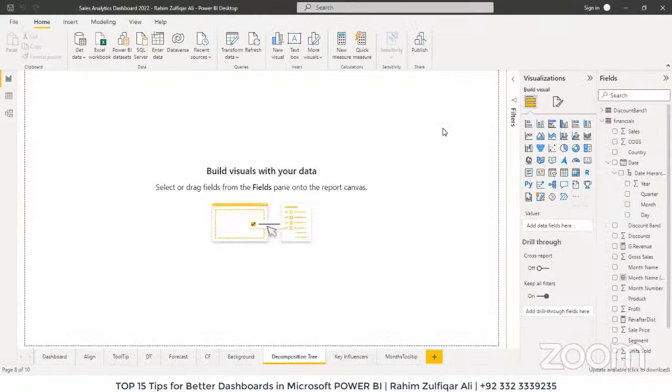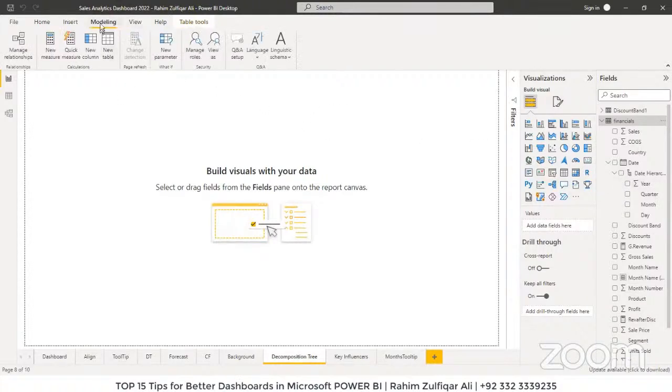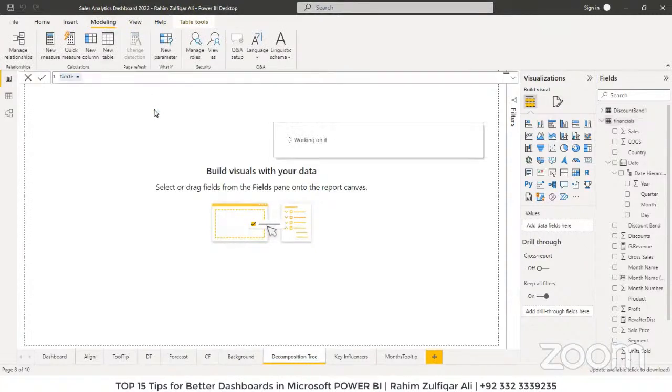How to manage your measures in Power BI. So let's learn that. For example, in the financials table, you can see that I have created two explicit measures, that is gross revenue and the second one is revenue after discount, and I want to shift all my measures to a new table where I can manage all my measures separately. So for doing that, very easy steps: click on modeling and then click on new table